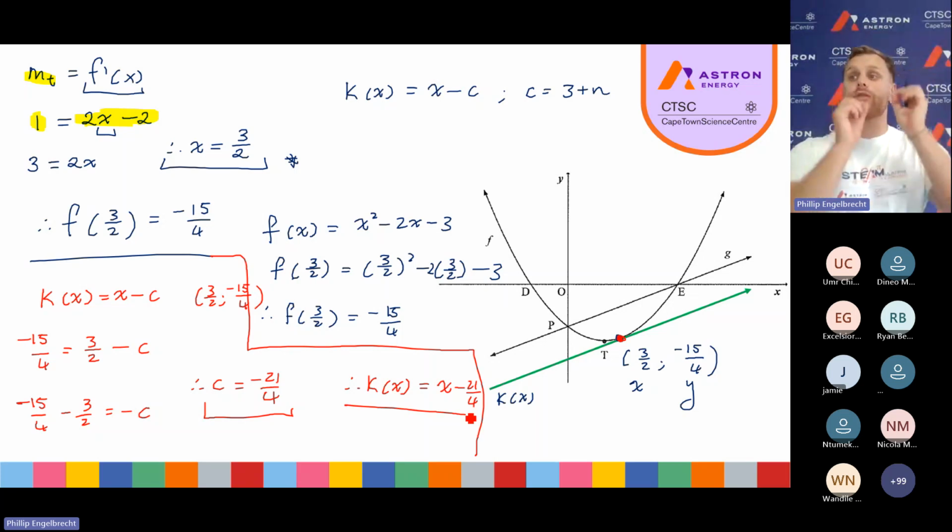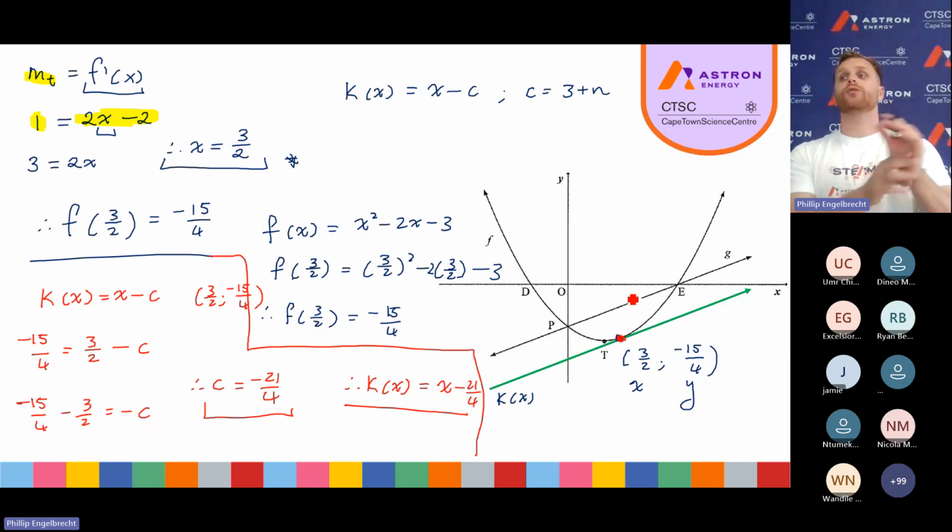So that is the equation for my straight line. Do you guys understand how I got to that part? Do we all understand how I found the equation for my straight line? I simply found